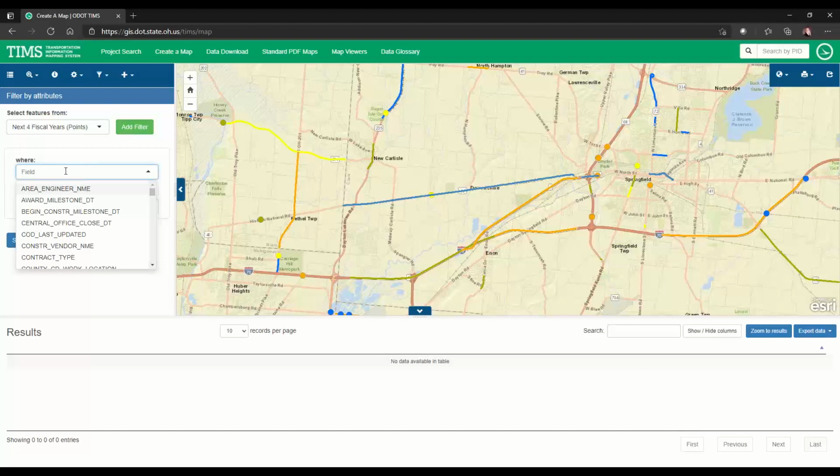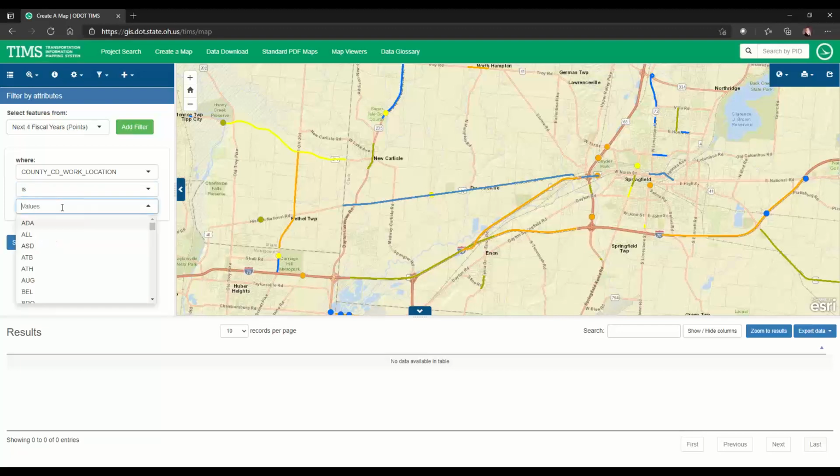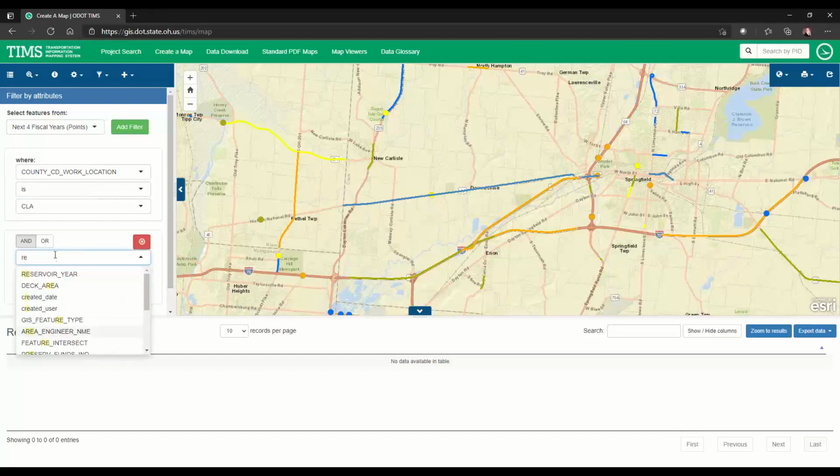So we're doing county is Clark, and route is... Sorry, guys. Okay,